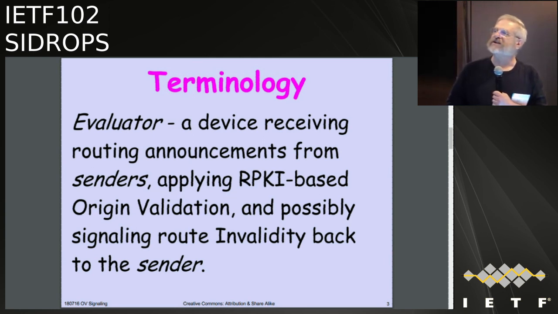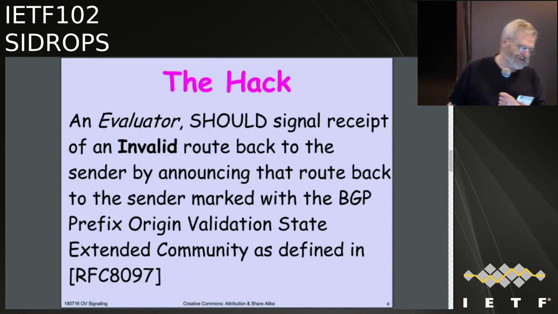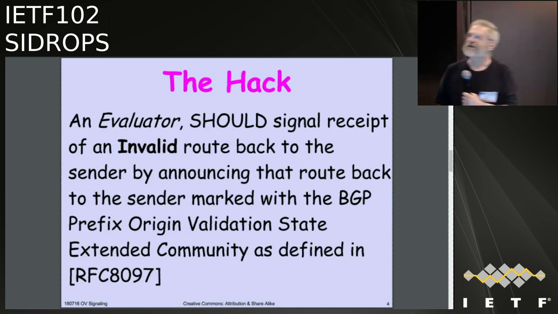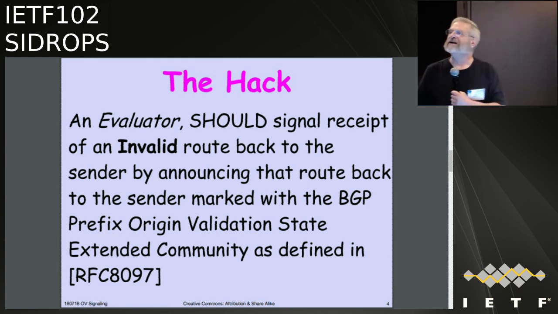An evaluator is the device that receives routing announcements from senders and applies RPKI-based origin validation. And now comes the fun part. And signals the invalidity back to the sender, who all of a sudden is receiving the validity checking information. So watch out for the word sender here. Okay? So the hack is an evaluator can signal receipt of an invalid route and only invalid routes by announcing that route back to the sender with the prefix origin validation state extended community,